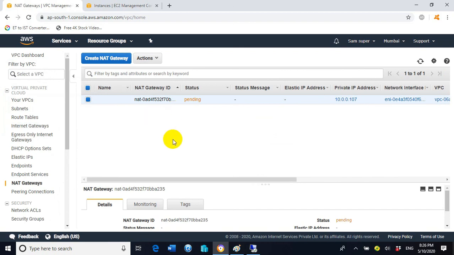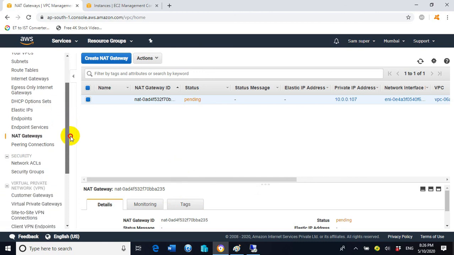So for changing the status of the NAT gateway from pending to active, it will take some moments. So till that time we can do one thing. The NAT gateway is in process of creation.